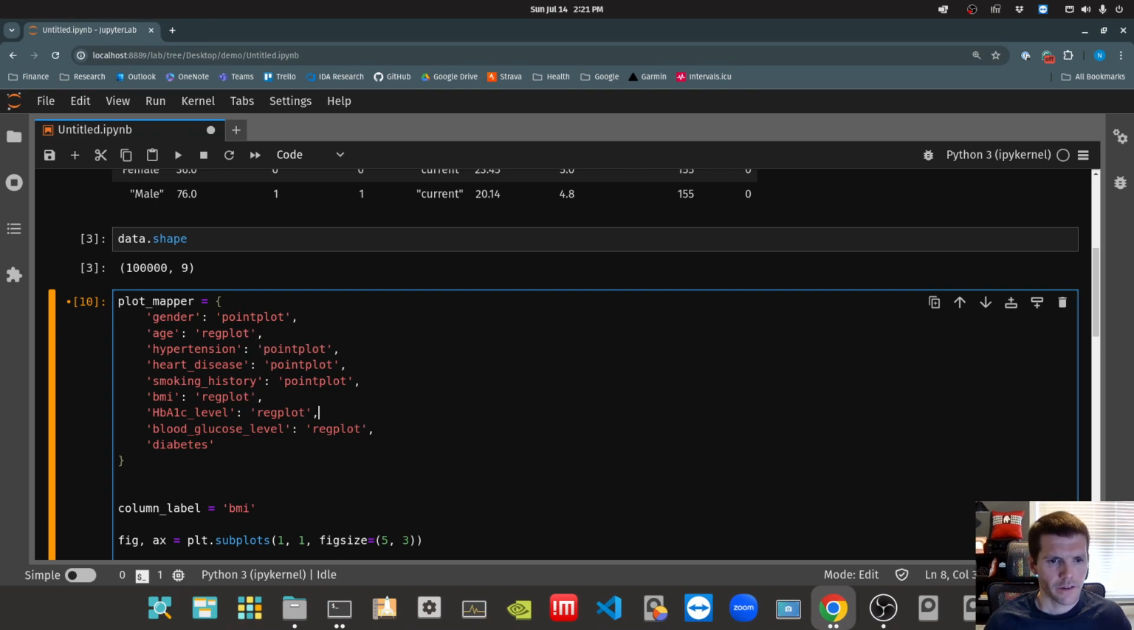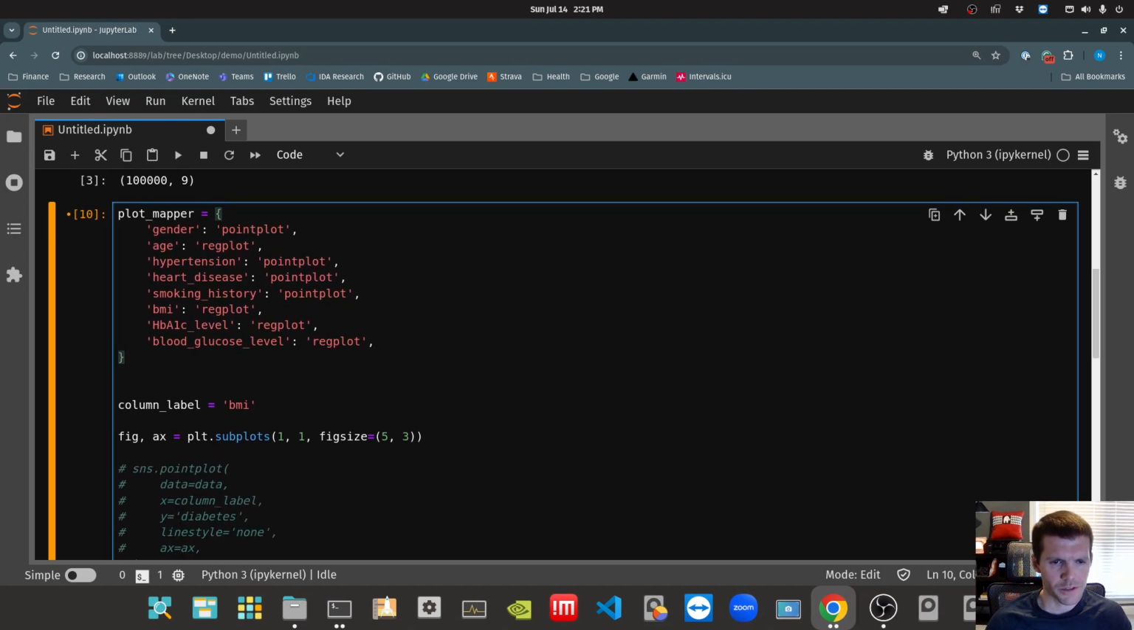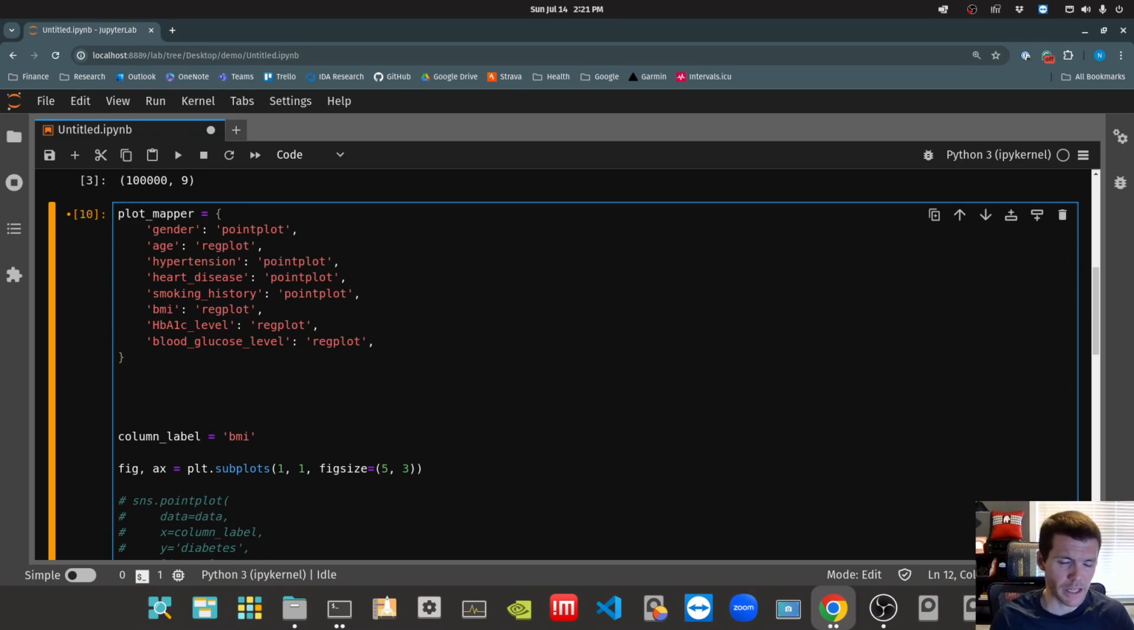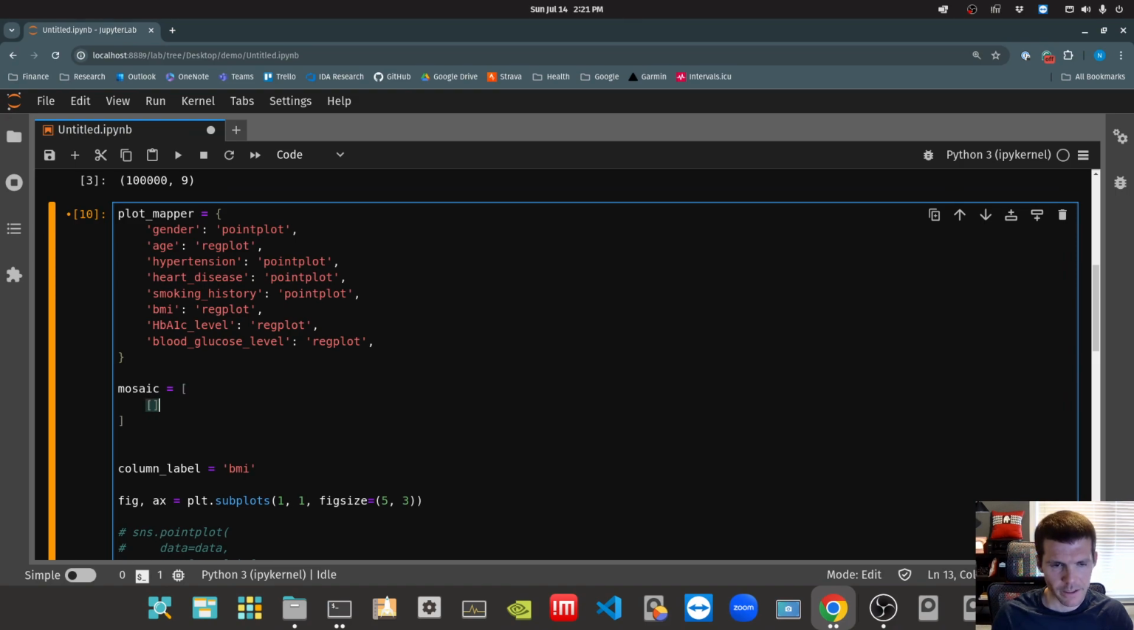Nice. All right, I'm going to take diabetes out of there. So I've got this plot mapper, and what I'm going to do is use that subplot mosaic utility. I've got a playlist up on matplotlib if you want to learn a little bit more about that subplot mosaic utility in matplotlib. So I'm going to make a mosaic. All right, and I'm going to have, let's say, 3 rows